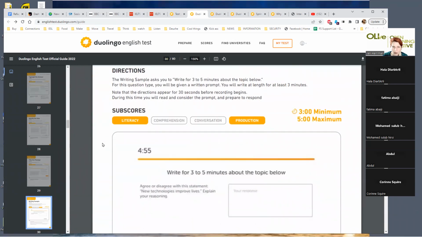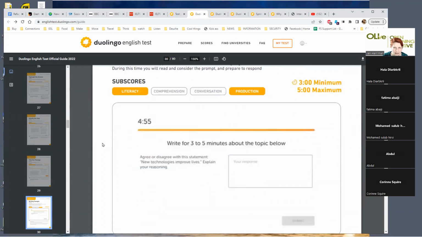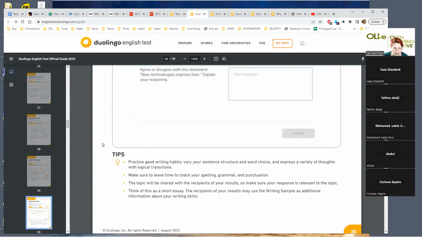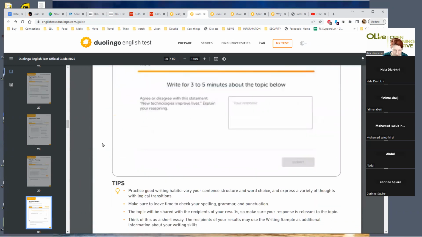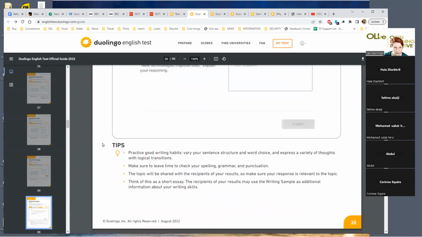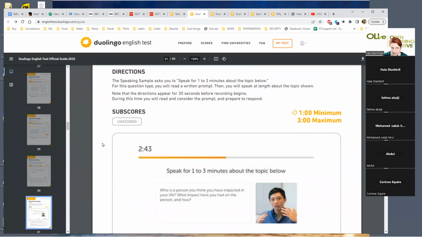Then you have another writing sample. I believe that this one is not marked. But it will appear on your results page. Okay, so this is basically a sample of writing that you will be sending to the universities that you apply to. All right. And then there is a speaking sample, which was not previously marked, but in the future will be,